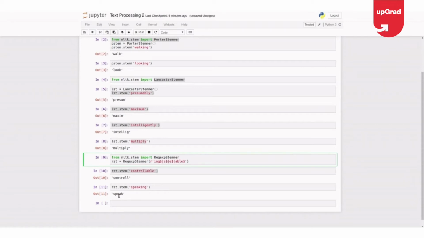So this is the working of stemming, and note that stemmers in real time should not be used for POS tagging, that is parts of speech tagging, or NER, or if you want to work with semantic stuff. See, when you are getting the stem word, you are considering, for example, description as describe, describing as describe.